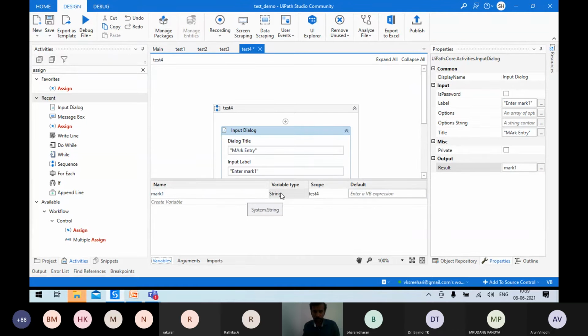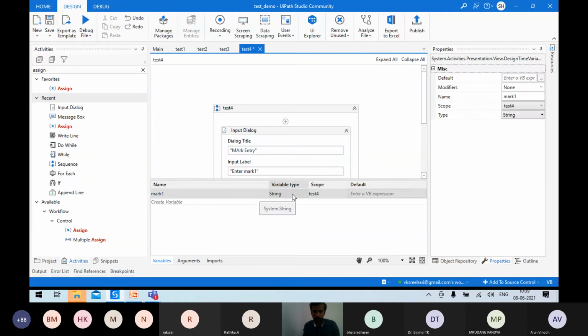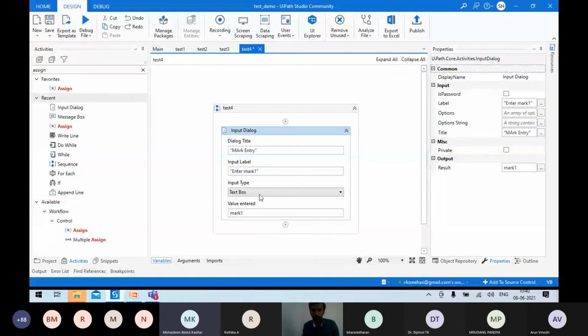So when you go to this place, just double click on that. A drop down will come which will show some of the variable types available, because plenty of variable types are there. There is something called as browse for types. If you click on that, you'll see the options of variables available with UiPath. So here now you have to select int 32. Click on enter. So I've created a variable for the mark 1, declared it as an integer.